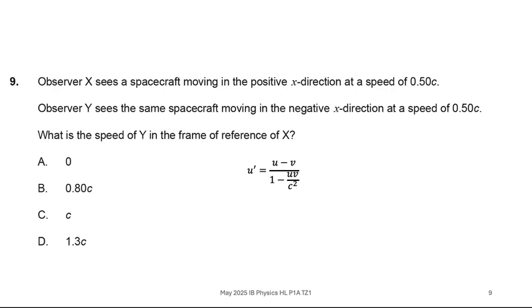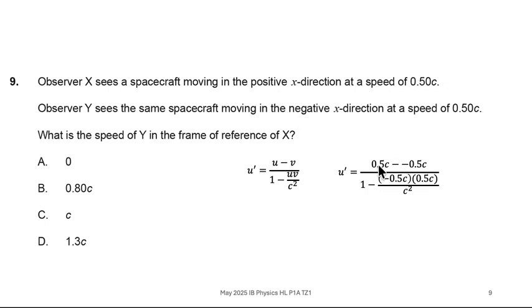I think the best we could do is to approach 99.99999% of the speed of light. However, it's never going to be exactly c. And so we're left with a or b, which is 0 or 0.80c. Again, one could argue whether that 0 is a valid answer. It's possible using this equation if u and v are the same. However, if we put in the numbers, we've got our u, which is the positive x direction,